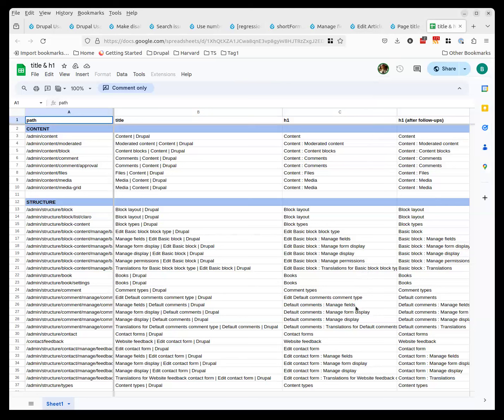And Laurie went with the other way around, not front loading, but following the pattern used in the breadcrumb, meaning, for example, basic block manage fields or article manage fields and so forth. So is that something that needs to be discussed, whether to